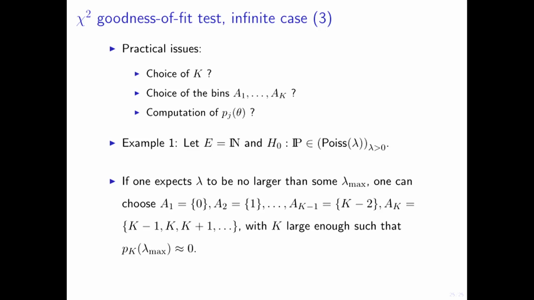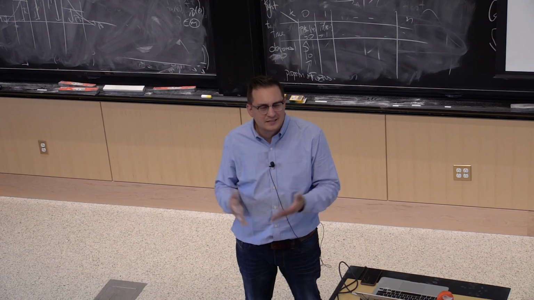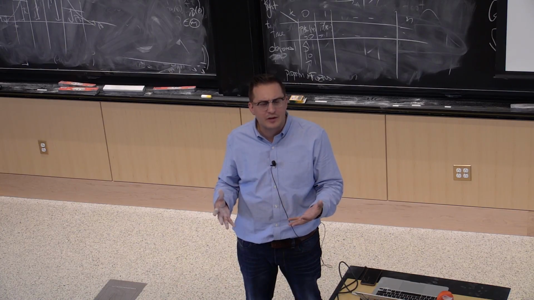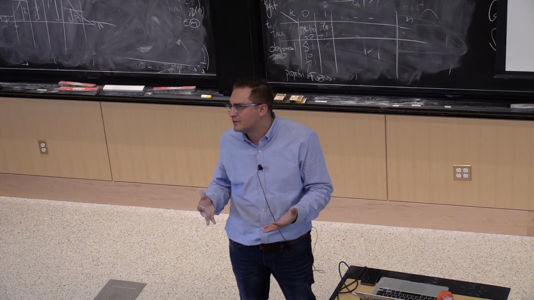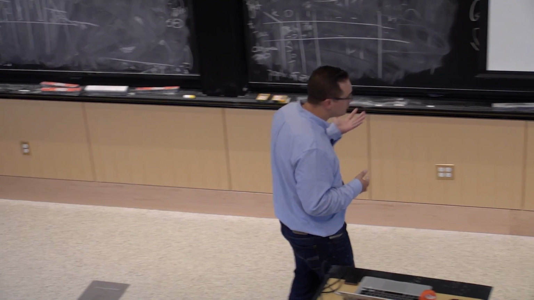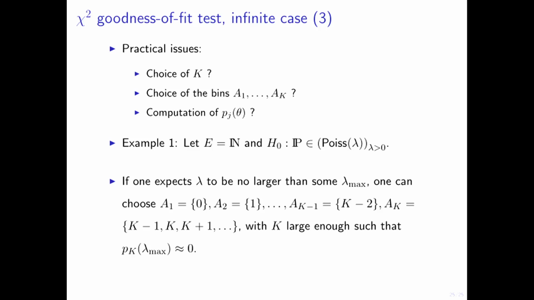So here, there's actually some sort of rules, which are don't use only one bin, and don't use them too small, so that there's at least one observation per bin, right? And it's basically the same kind of rules that you would use to build a histogram. If you were to build a histogram for your data, you still want to make sure that you bin in an appropriate fashion. OK, and there's a bunch of rules of thumb. Every time you ask someone, they're going to have a different rule of thumb. So just make your own. And